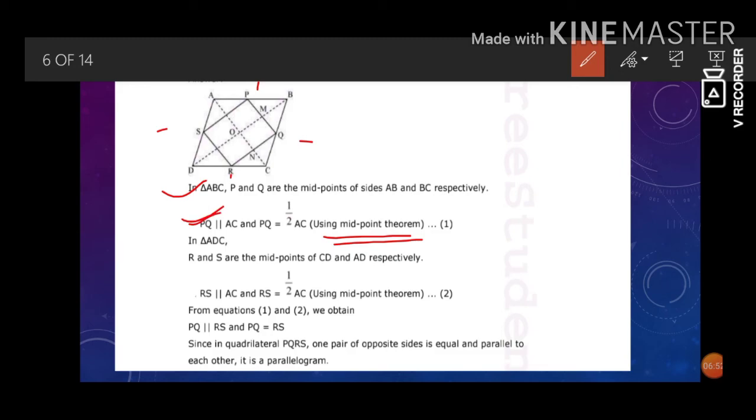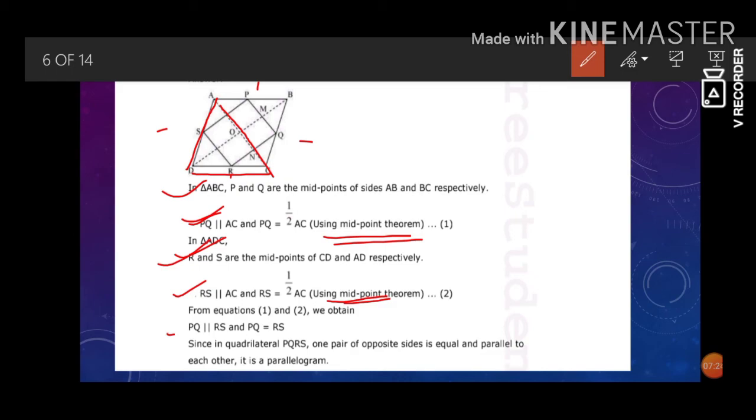Now we will consider ADC, that is this part. Here S and R are the midpoints of the sides CD and DA respectively. Here also we will use the midpoint theorem, and we can say RS is parallel to AC and half of AC. So from relation 1 and relation 2 we get PQ is parallel to RS and PQ